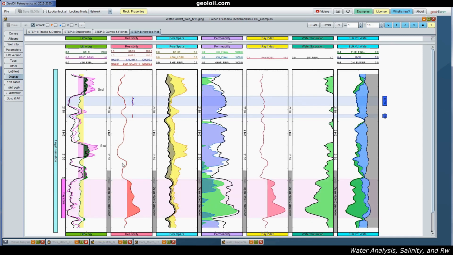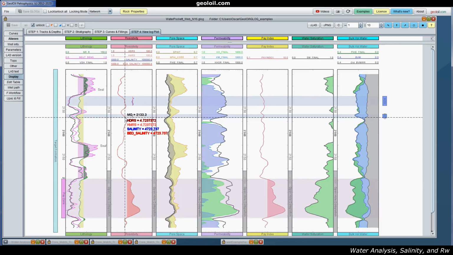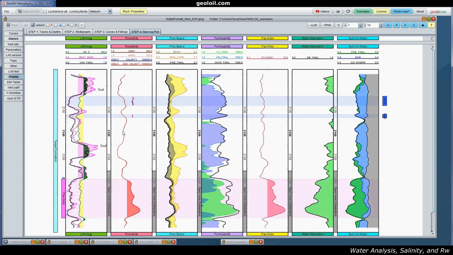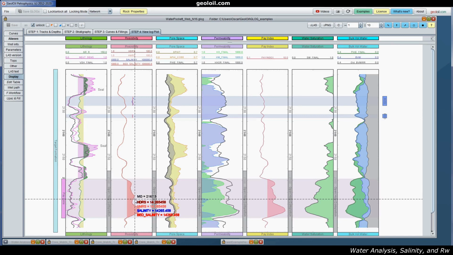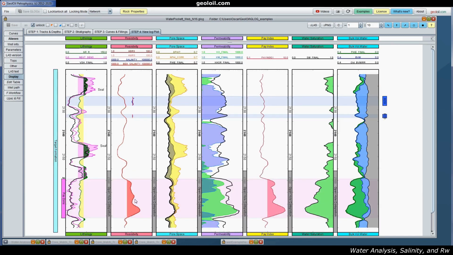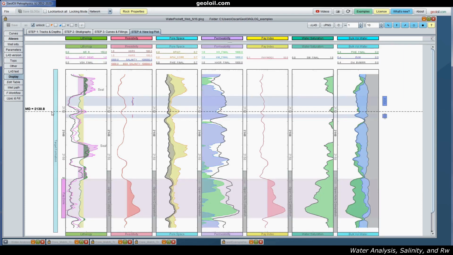And you see here the resistivity is smaller. So the resistivity here is around, say, approximately 5.0 or something like that. And the resistivity in this pay zone, let's click here, is around 14. That is a difference related to the presence of oil. Here we have a water pocket. We have a seal here. So you have to highlight this zone and this zone.